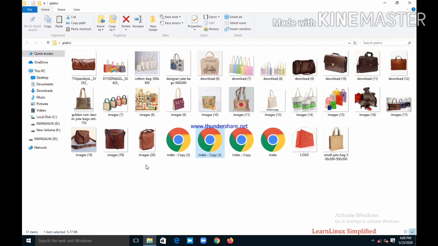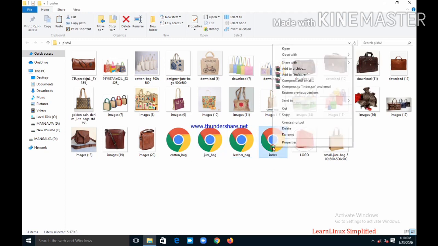Okay, now I'll make the changes. I'll rename the pages. Here I'm writing cotton_bag, here I'm writing jute_bag, and here I'm writing leather_bag. Now how did these names come?